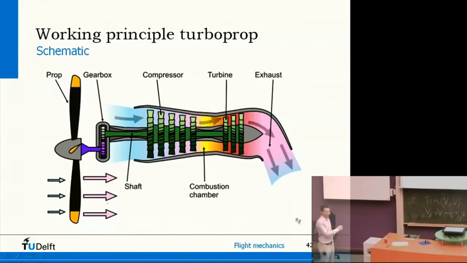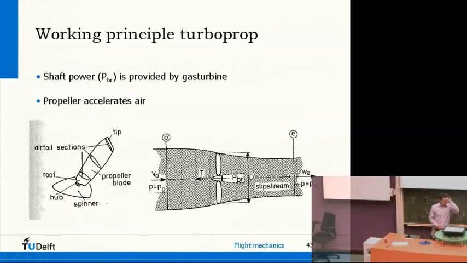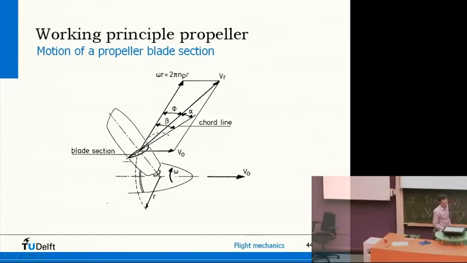So if you look at the airspeed at the intake of the gas turbine and at the exit, they're more or less the same. But of course the propeller is rotating, and the propeller is the device that's actually accelerating the air and creating thrust. If you consider a propeller, in front of it there's a certain airspeed, and since the propeller is rotating, it accelerates the air backwards. But how does that actually work in detail?